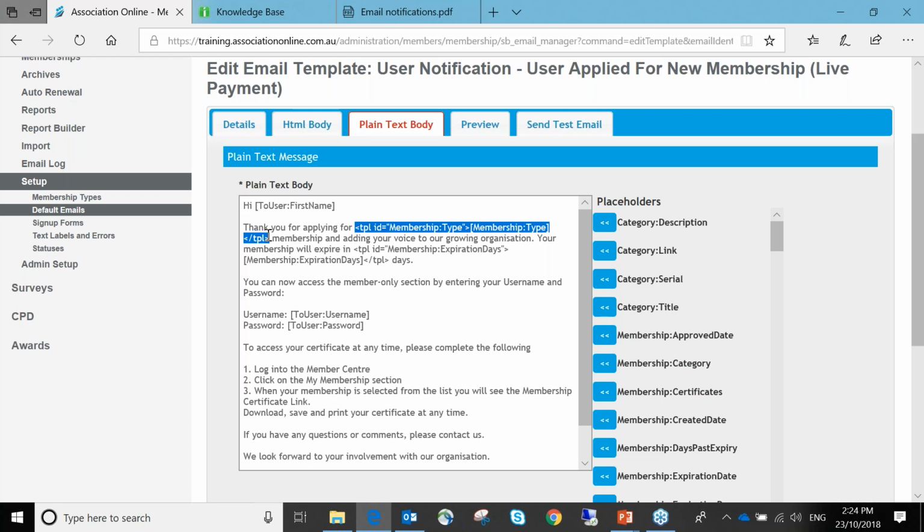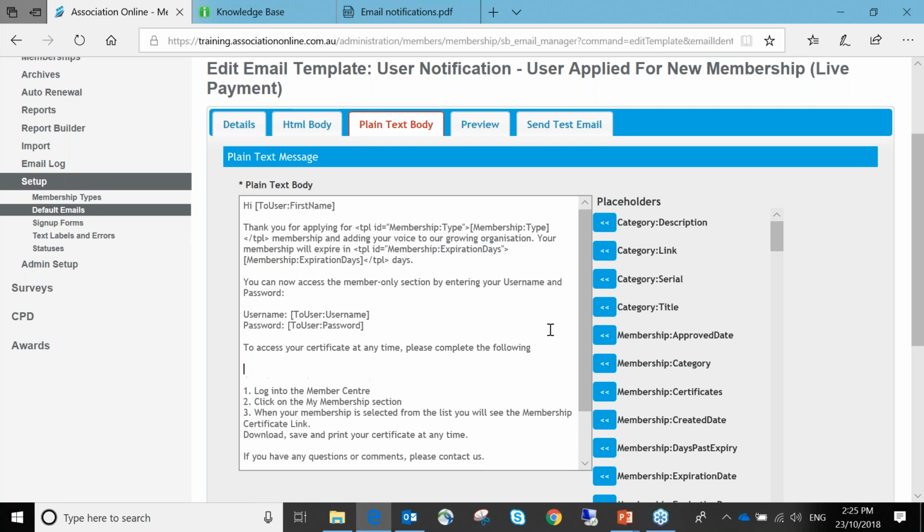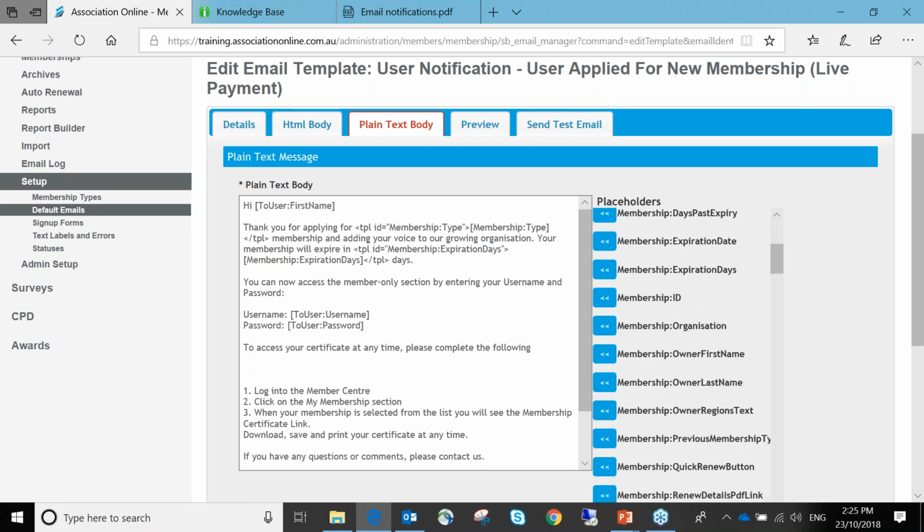Okay, so don't worry if you see that and you go, I don't know what that means. You don't have to know what it means. It's okay, as long as you understand that's what it's doing. It's adding the placeholder, but because it's plain text, not HTML coded, it has to put the codes in so it comes out correctly. All right, so if you're not sure what that means, if I just click on one of these placeholders, for example, if I wanted to say,